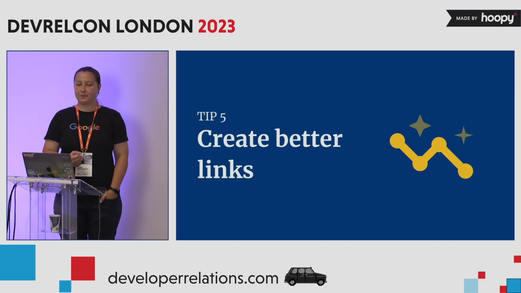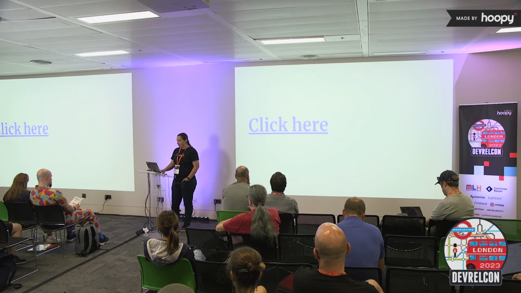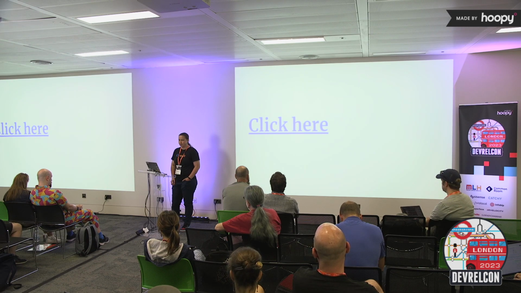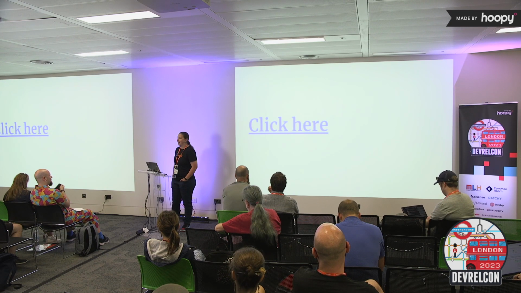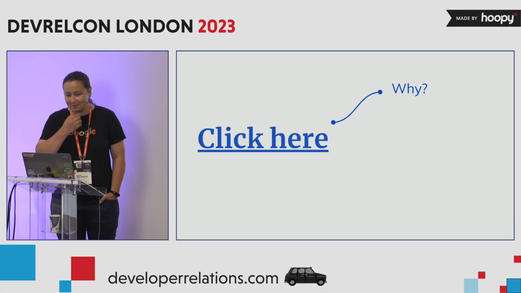Tip number 5, create better links. There are a number of aspects to consider in creating links, from the target style to the actual linked copy. We've all seen "click here" used in documentation, blog posts, and basically everywhere on the web. Using "click here" is like yelling at your reader that, did you know we have a link? You should click it. For those who don't use a screen reader to navigate, "click here" doesn't give them any indication where they will be going when they click the link.